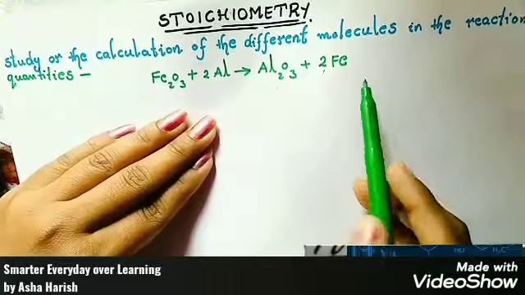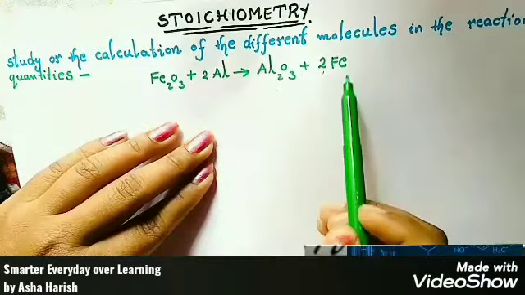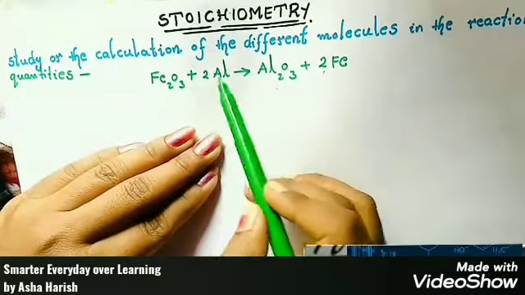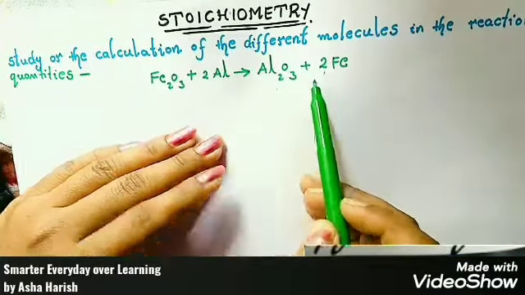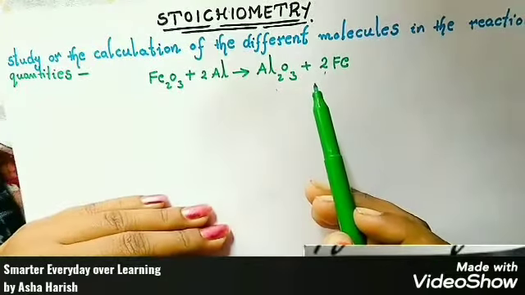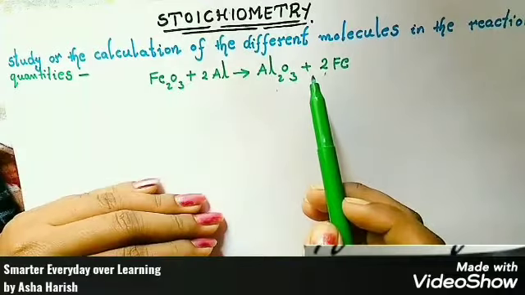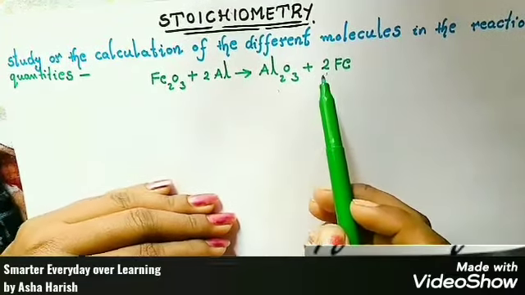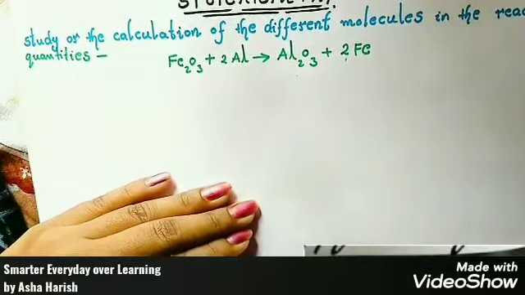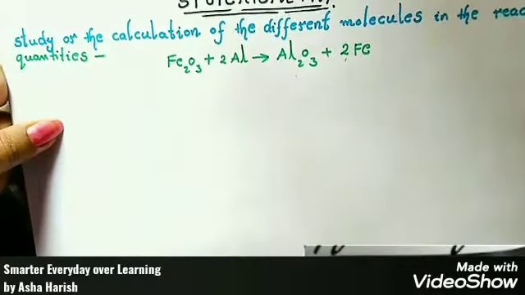So students, now stoichiometry means if you take any example of a chemical reaction, how much amount of reactants are participating in the equation, and finally how much amount of products will be formed. According to the law of conservation of mass, both sides should have the same number of atoms. That is about stoichiometry. In this, students, 2 steps are there. That means 2 chemical formulas are there.